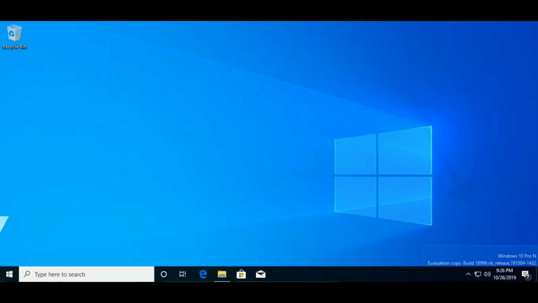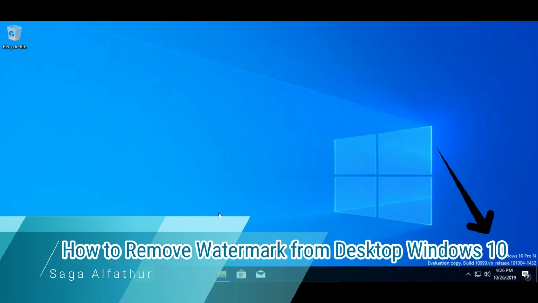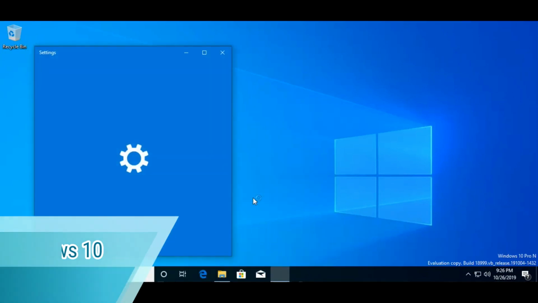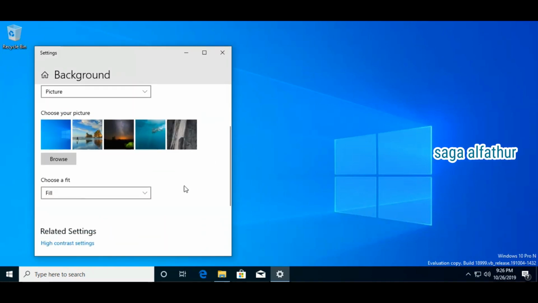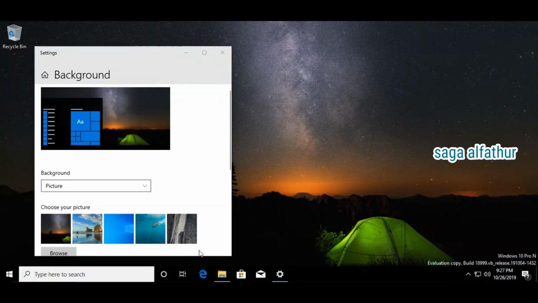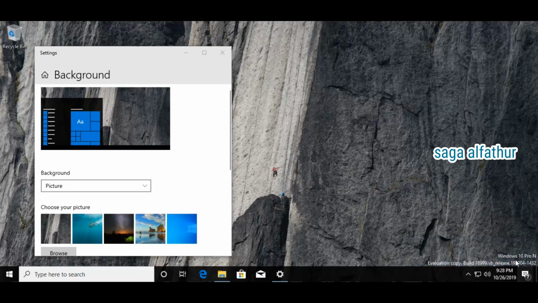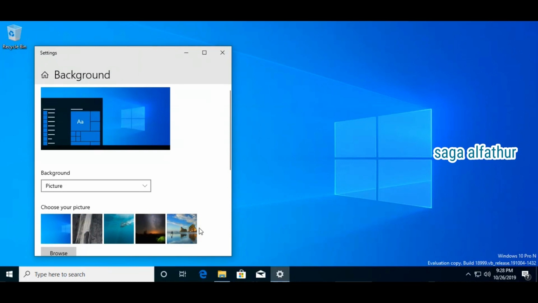How to remove watermark from desktop Windows 10. To remove the evaluation copy watermark on Windows 10, you run a simple fix. The process to remove the Windows 10 watermark permanently actually takes less than 30 seconds. But we will show you step by step how to remove the activate Windows watermark in Windows 10 permanently through the